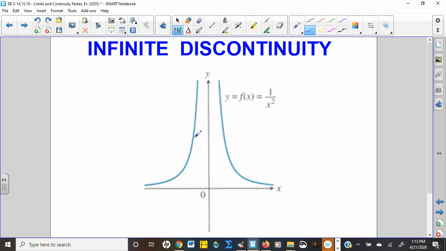Same thing with infinite discontinuities. This is 1 over x squared. We're more used to 1 over x, which just has one guy down here, one guy up here, so that one of the branches is approaching positive infinity and the other negative. But even if they're both approaching positive infinity, like 1 over x squared, infinity is not a real number. So we could describe the one-sided limits, right? We could say that the